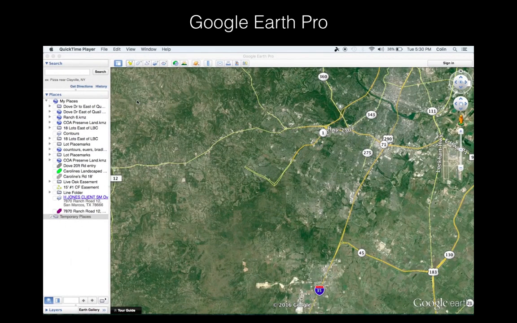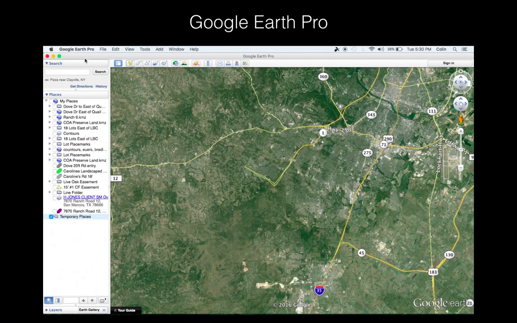This is a quick overview using Google Earth Pro and working with KMZ files. If you get an email with a KMZ file attached, save it to a designated folder. If you go to a website where you can download it, save it to that same folder, and you can